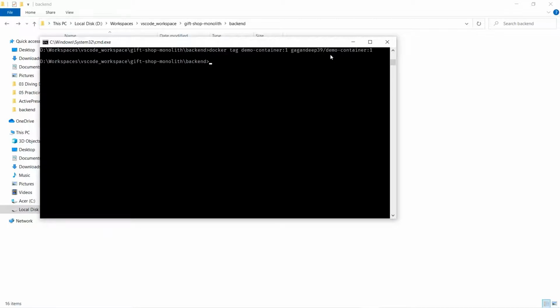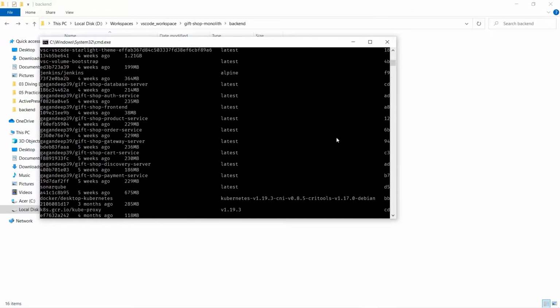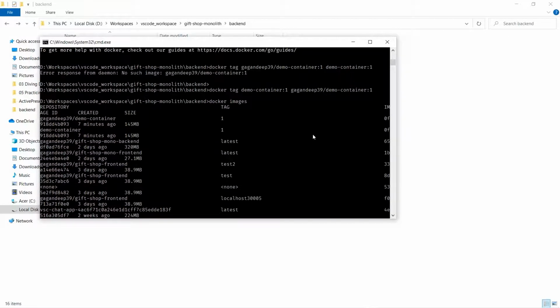This command doesn't actually rename your Docker image. Instead, it creates a new image with this name. Now let's see if we have this newly named image created or not. For that you can run the command docker images. I have lots of images created here. So yeah, this is the image we created just now.